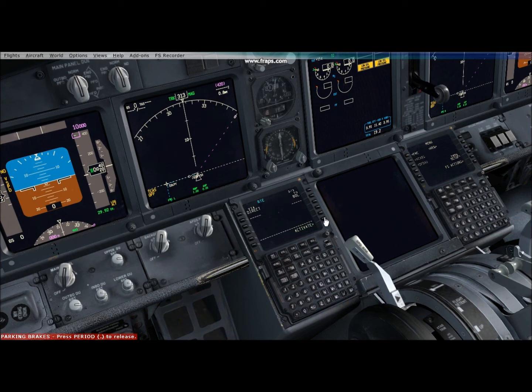our route. Now if we go activate and click the execute button, so now our route is set. Now we go to performance initialization, double click 0 fuel weight, so that will calculate our reserves. This isn't simulated, so you can just go ahead and put in 5, it's a nice number, and cost index